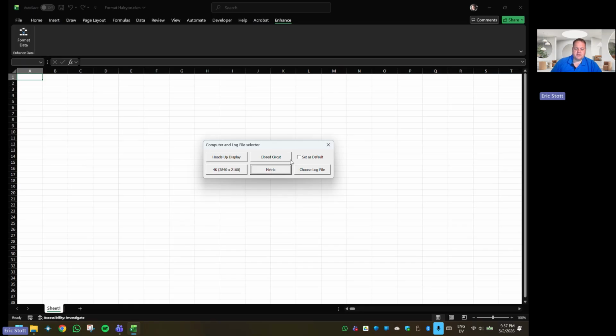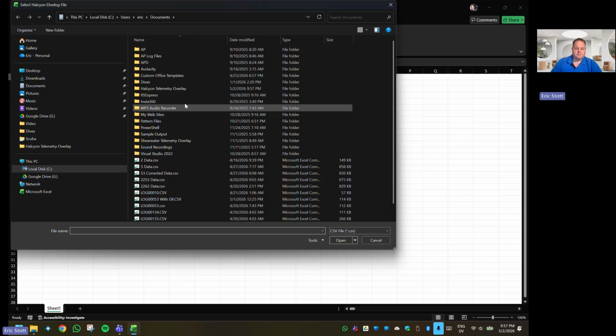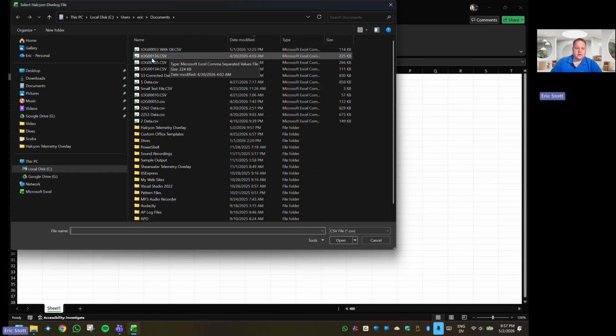And once you've chosen this, if you are always going to use this same setup, you can choose this set as default. So the next time you have another dive and you want to use the same dive setup, you click that, and then every time it comes up, it'll remain the same. So we choose a log file, and I've got a log file here from my download of Halcyon dive,